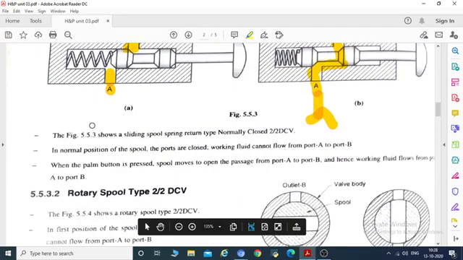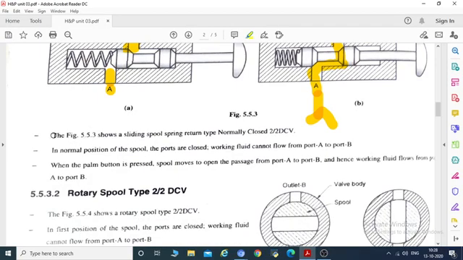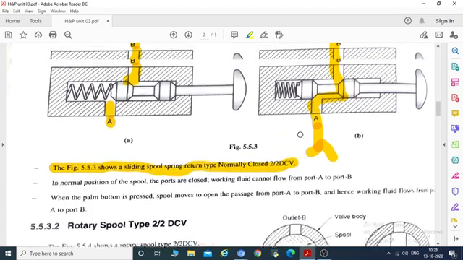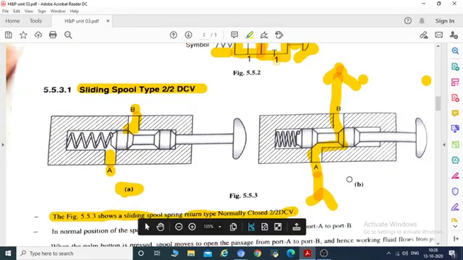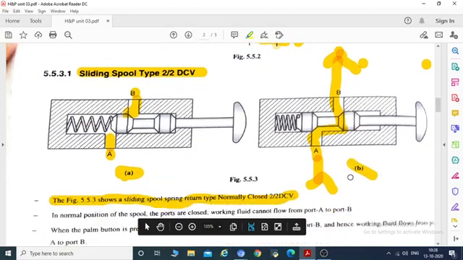Okay, so here you can see figure 5.5.3 shows the sliding spool spring return type normally closed 2x2 direction control valve. So this is the position for the normally closed type valve, and this is the position for the normally open type valve.